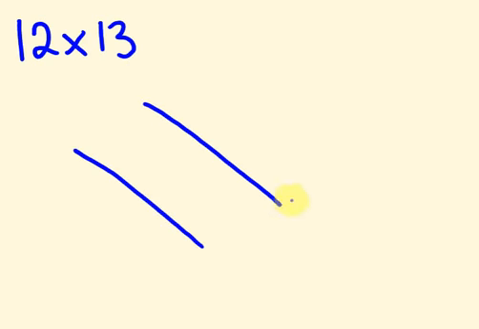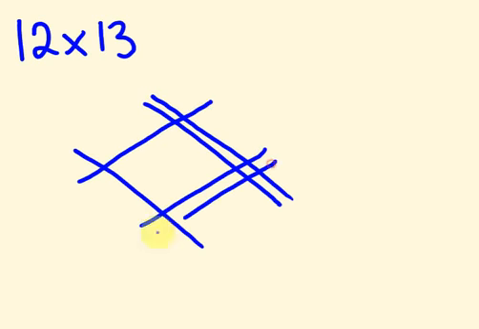12 times 13. Now the way we do this is we draw diagonal lines running from left to right but going diagonally. You'll see what I mean. So here we go. 12 I draw as 1 and a 2, and 13 I draw as 1, 1, 2, 3. Okay, and what I do is I separate these up into where the units